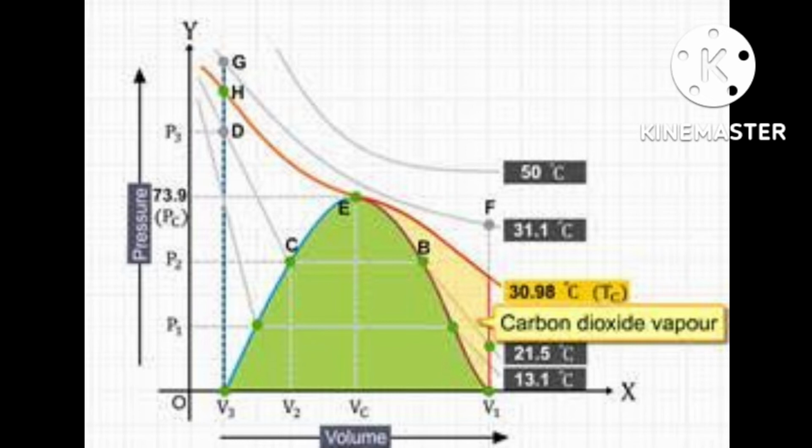The vapor term: you should know the difference between vapor and gas. Below the critical temperature, meaning below 30.98, only then will gas liquefy. Above that, meaning 32, 33, 35, it will not liquefy. Only at that temperature and below will gas liquefy. Then at a suitable pressure, in the case of CO2 I told you 76 bar pressure and temperature 30.9,